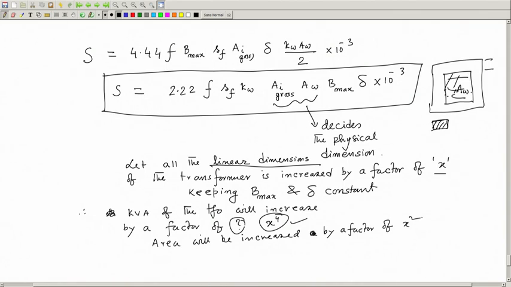That is area, through the exposed areas only, heat was dissipating, therefore, that area increases by a factor of x square. Now, we have to examine by what factor losses will increase,